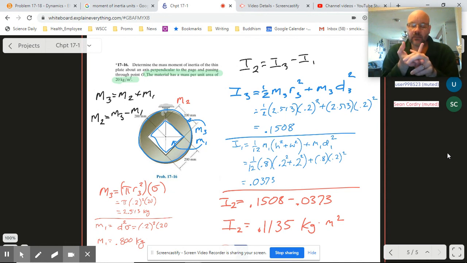A couple of things to look out for. Let's say 3 other things to look out for. One is be careful with your geometry in terms of knowing where your center of mass is relative to the axis of rotation. Number 2, watch out for things like, is this giving me a linear mass density or a surface area density? So watch out for those sorts of things. And then number 3, things to watch out for,